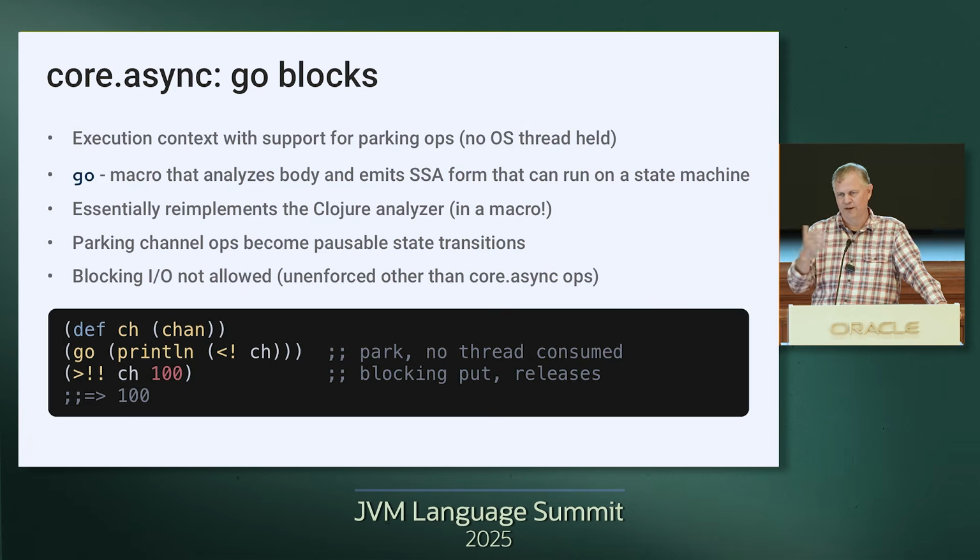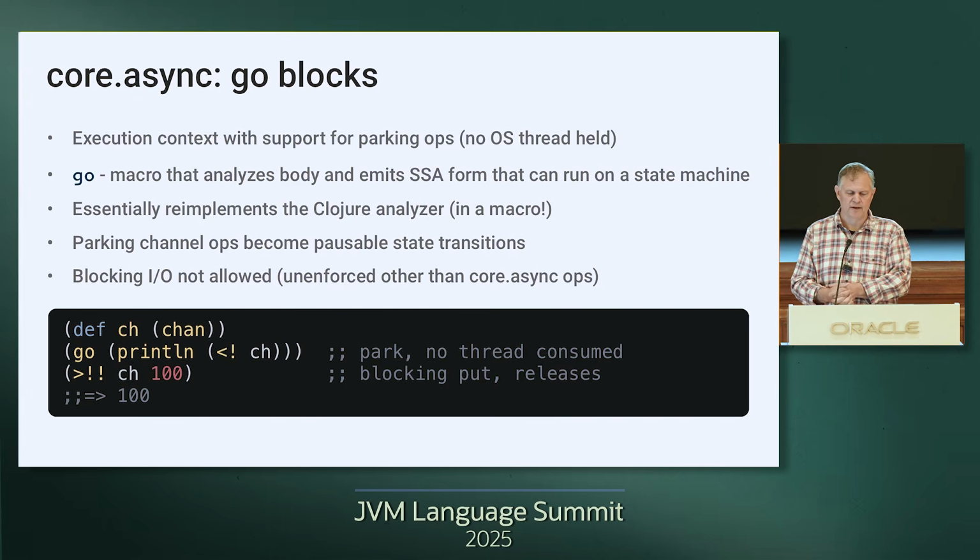The state machine, when it gets to the point where it would execute the parking operation, knows whether or not it can run or not, and then can just save the state of that state machine off. There's some hero programming here. It's basically re-implementing the Clojure analyzer, which is written in Java inside the Clojure compiler. It re-implements that in Clojure, uses another library called Tools Analyzer, which is basically code that will parse Clojure code and turn it into an AST form.